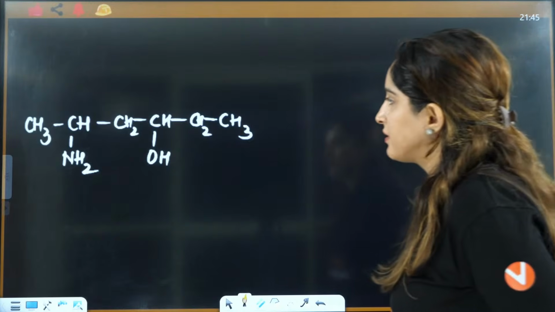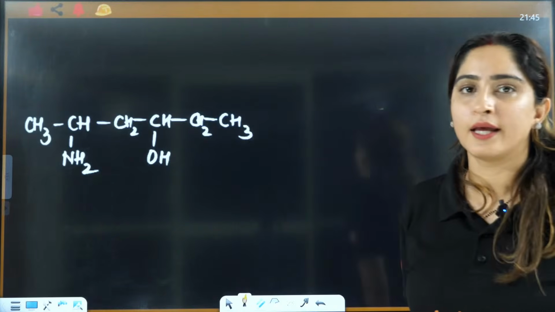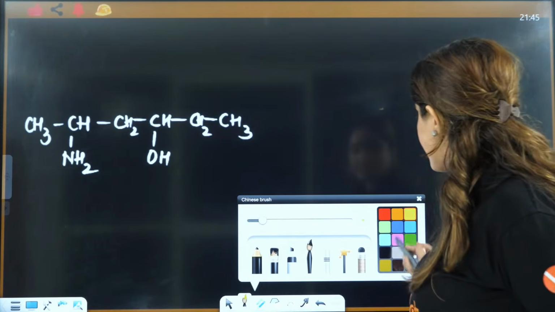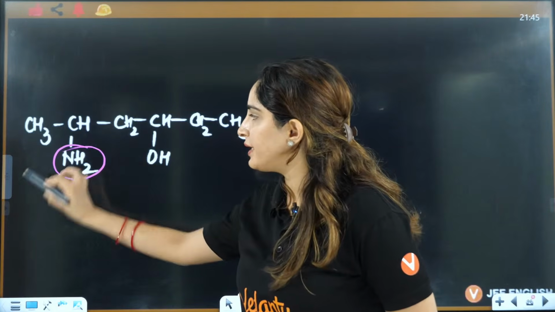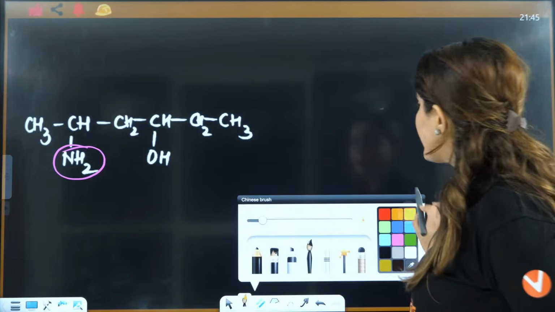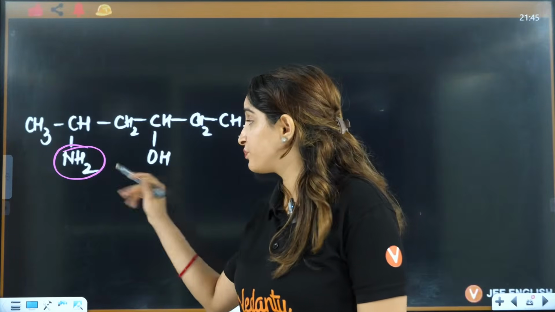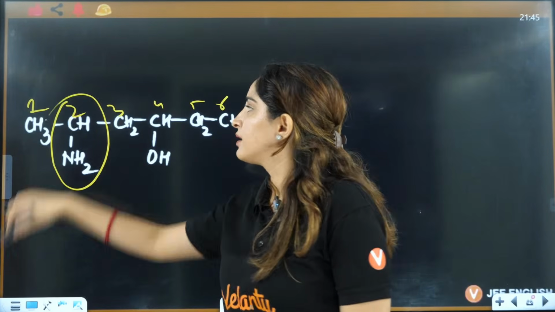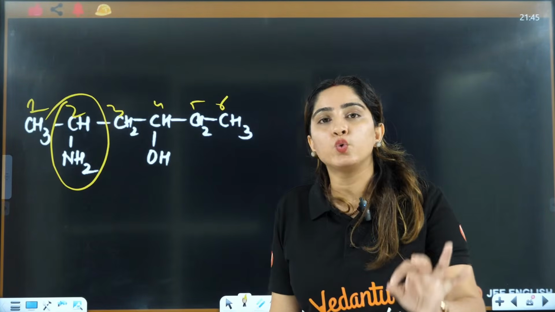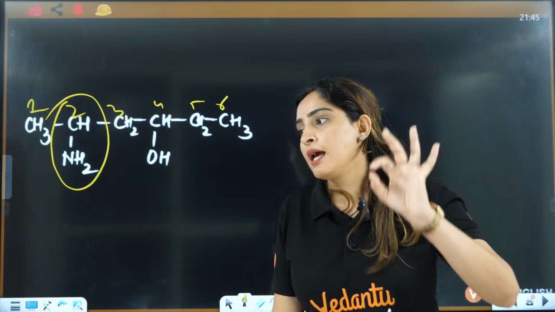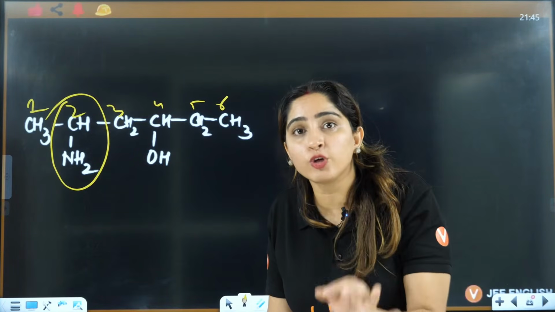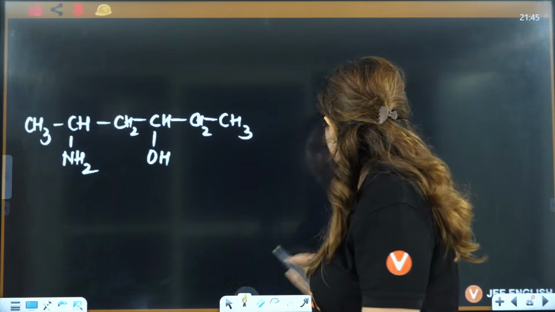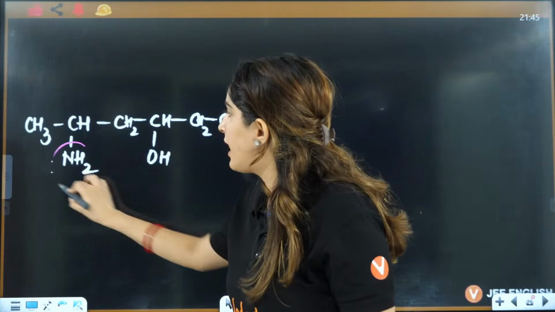Now what about this one? In this case, what should be the answer? Definitely this is the substituent. Numbering will be according to the main group. So you know what students do? Biggest confusion is, ma'am, 1, 2, 3, 4, 5, 6, ma'am. Numbering is according to the main group. The priority group is alcohol, so numbering will be according to alcohol here.